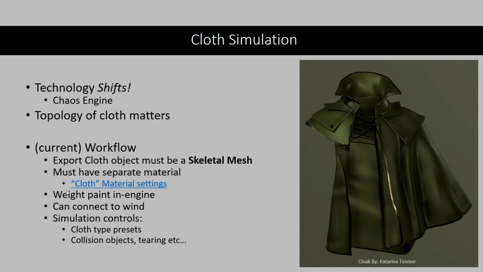In addition, there's more advanced type simulation elements coming up. Being able to add collision objects is doable, as well as adding areas that you might want to have weakened. And so if they're hit strongly enough, you might even have cloth that's tearing. Okay, let's get in and start some simulation.